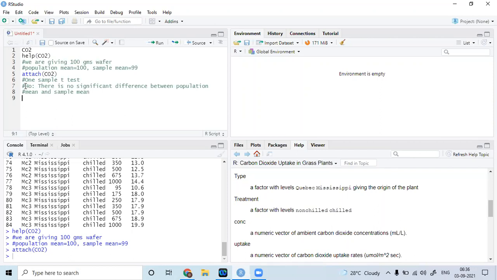Okay, what is the criterion? What will be the alternative? Please, all of you, don't write. I will be sending this file to you. You enjoy the lecture and just run the command. I will be sending you the script file. The alternative: there is a significant difference between